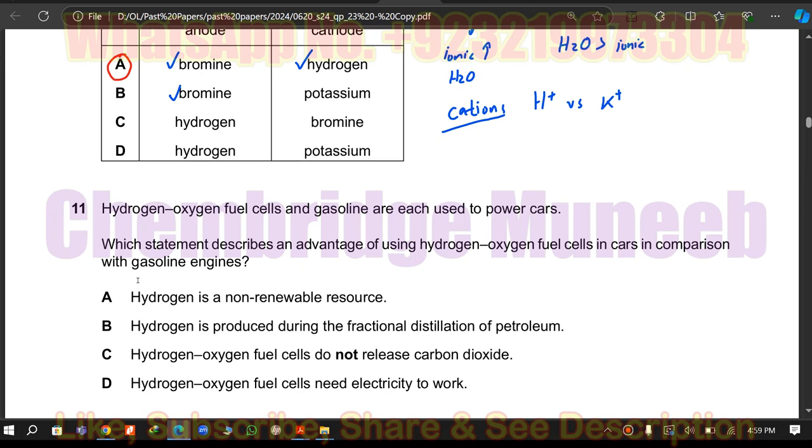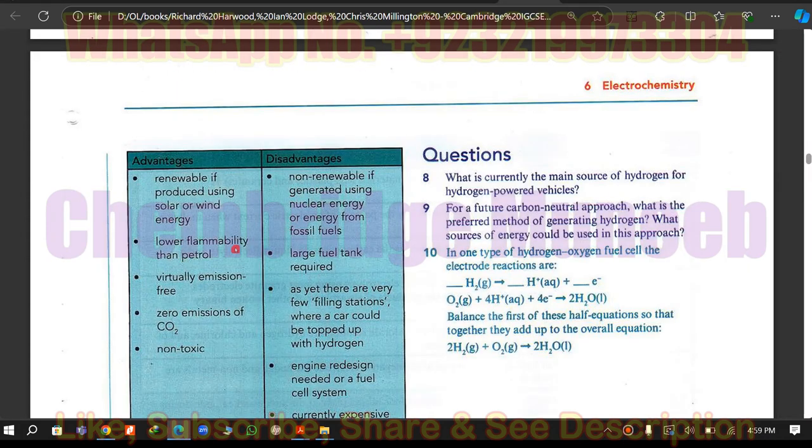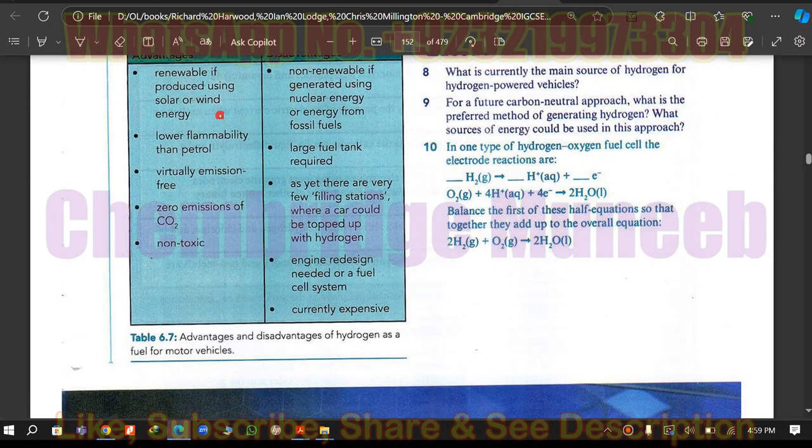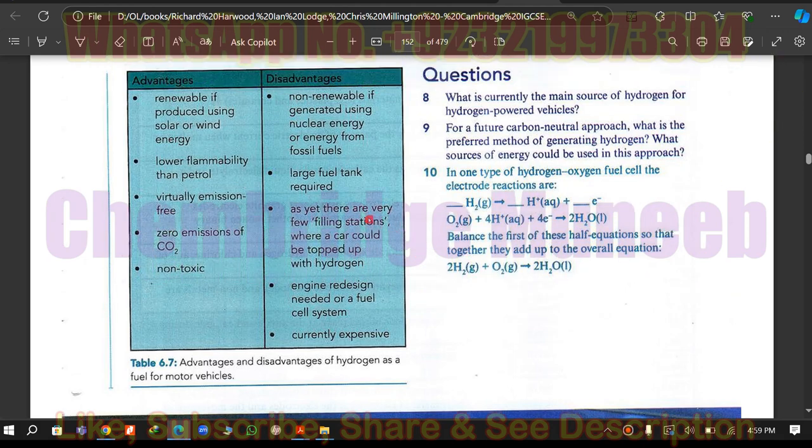For this purpose we should have some knowledge of this topic, specifically hydrogen oxygen fuel cells. So we can have this idea from this table. You can take the screenshot if you want,